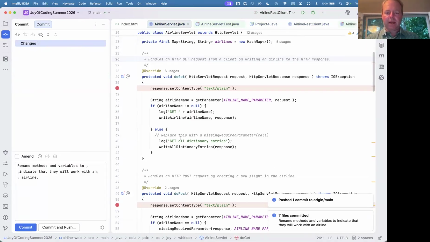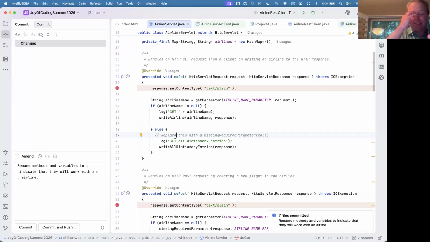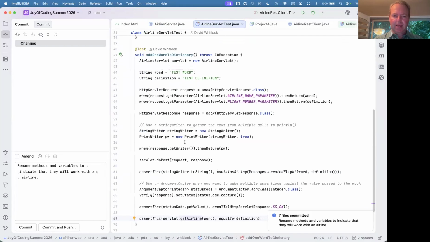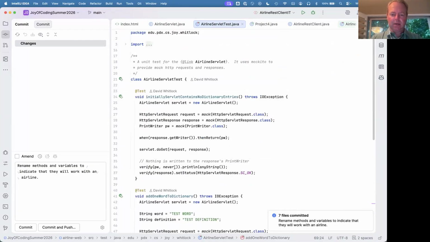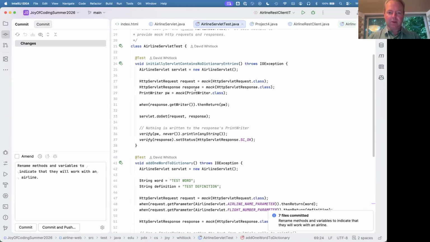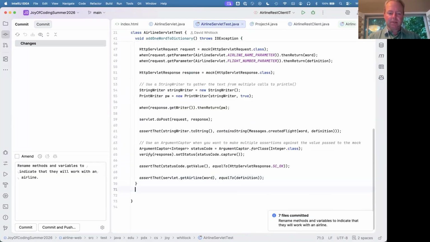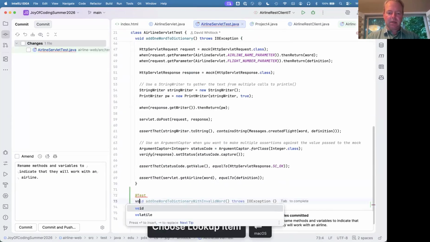I do want to have a test, because I do want to change this code. I want to get rid of this write all dictionary entries because we don't need it, right? We don't dump all of the airlines that we manage. That's what this is the equivalent of. So here I want there to be a missing parameter right here. So let's go back to the airline servlet test. Yeah, I guess I don't have a test for that. So I want to have a test that says